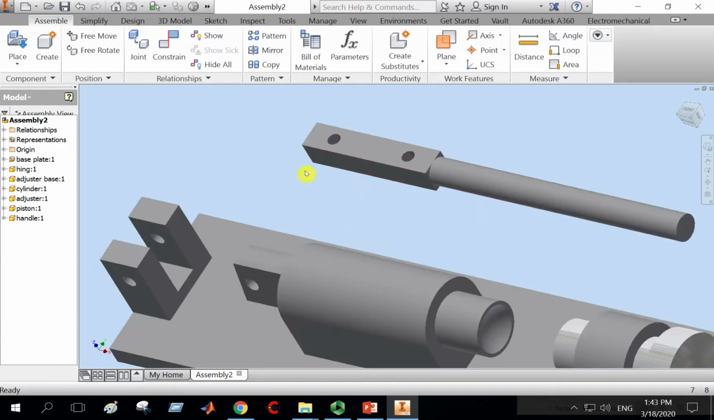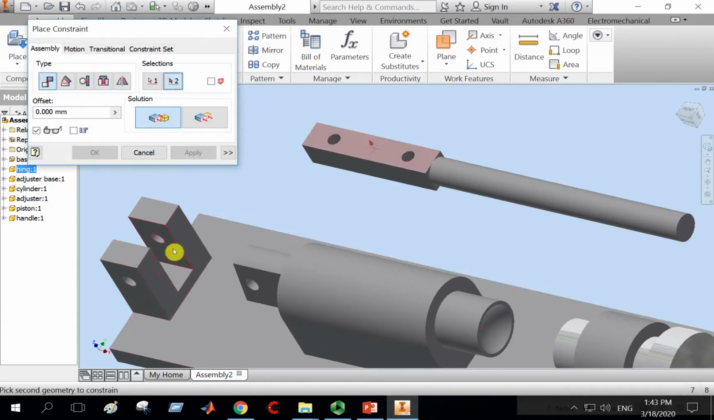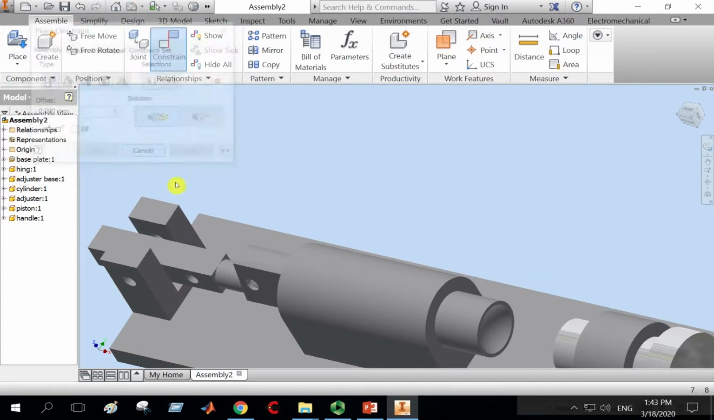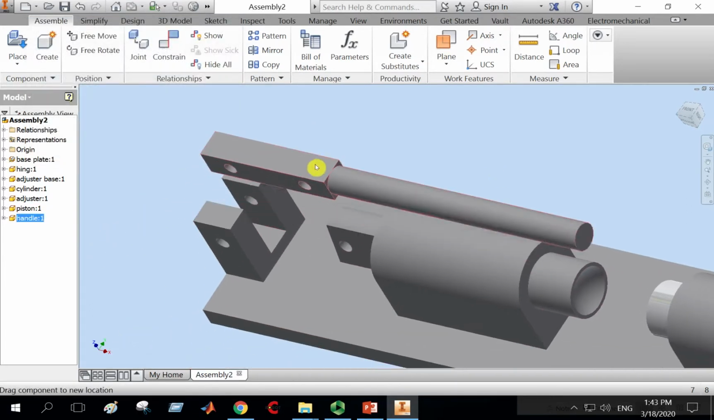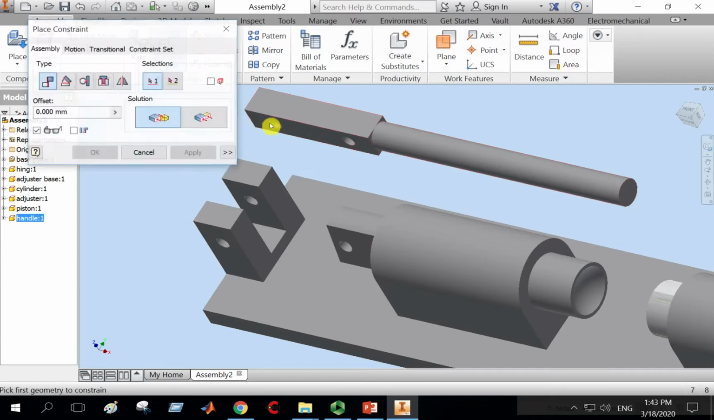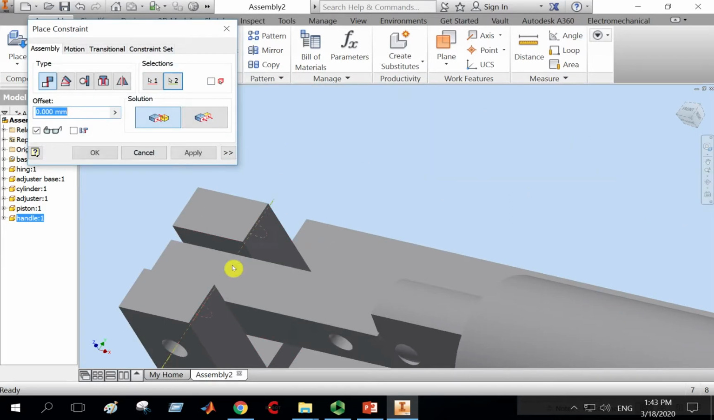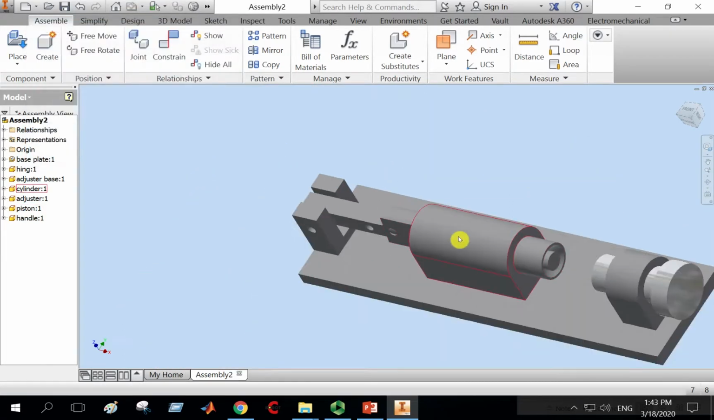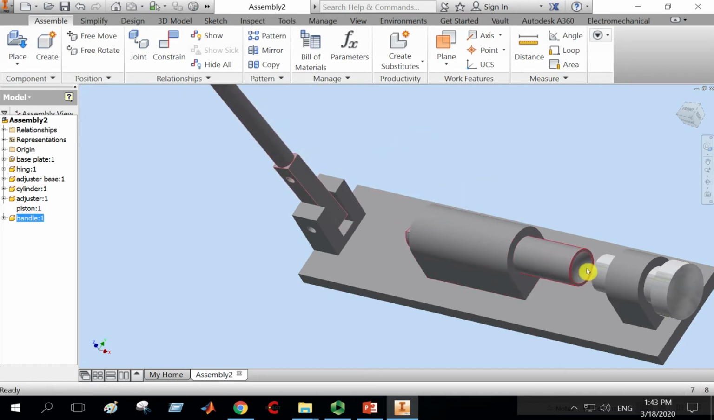Now the handle, I know that the handle, this surface should mate with this surface, and the lower hole should mate with this hole. So constrain at the beginning this surface, as an example, to this surface, apply, cancel, and also we can constrain this axis, I'm sorry, again, constrain this axis with this axis, apply, cancel, to show you how the handle moves like this. No, not this one, sorry, this one,